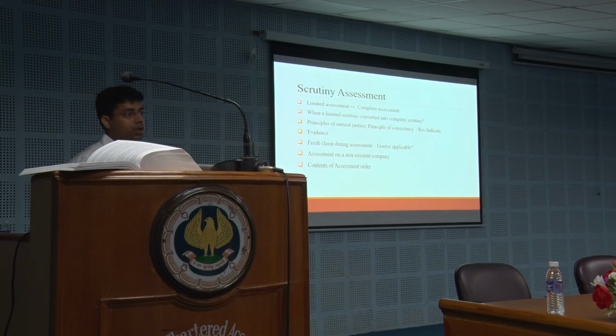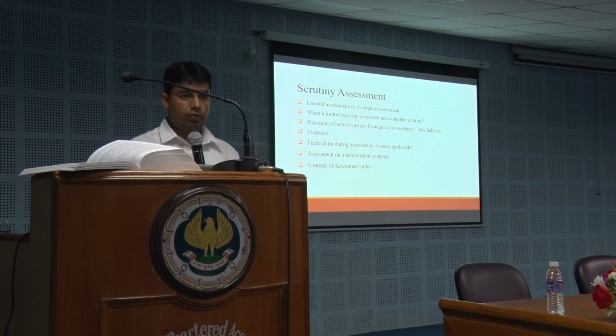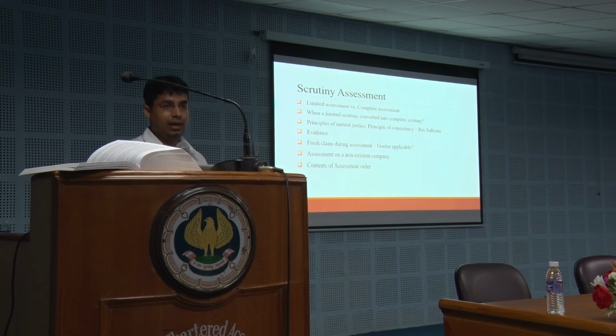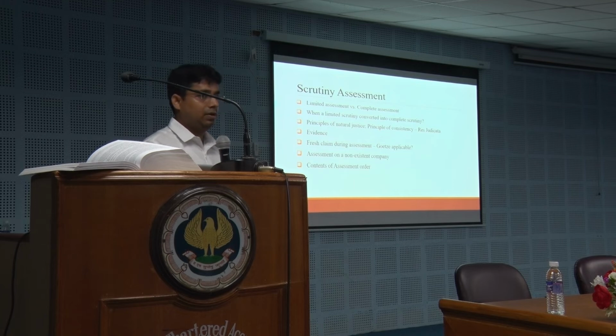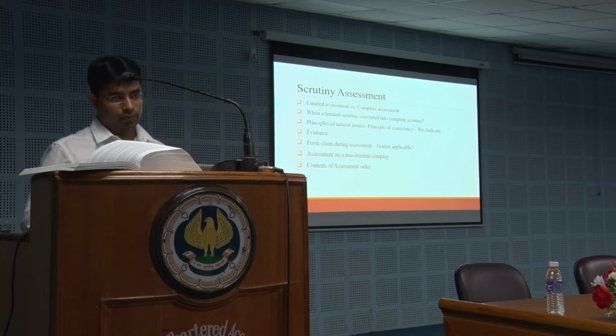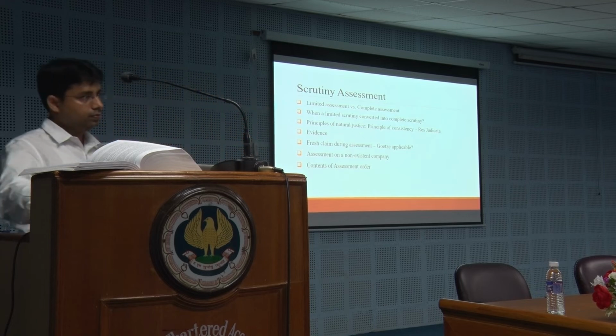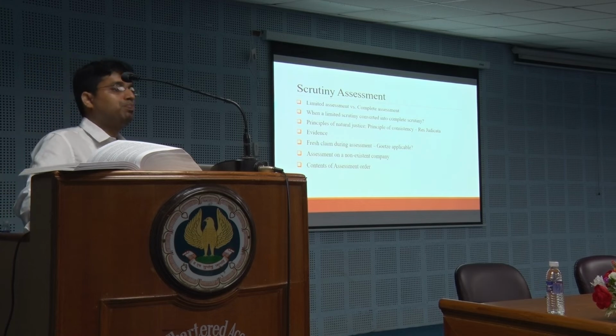So what is the solution in that case? Appellate authorities. Perfect. You have to file it before the appellate authorities. But we have to ensure that at least we file a claim before the assessing officer, let him reject. It will form part of the order, and then we can make it before the appellate authorities. Even though it has not been done, and the assessee got enlightenment only after the assessment order is passed, and somewhere your matter is pending before ITAT, and you want to make a fresh claim, still you can do it. But there is a very old circular which says it is the duty of the assessing officer to